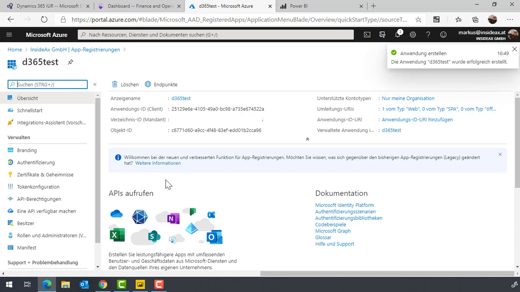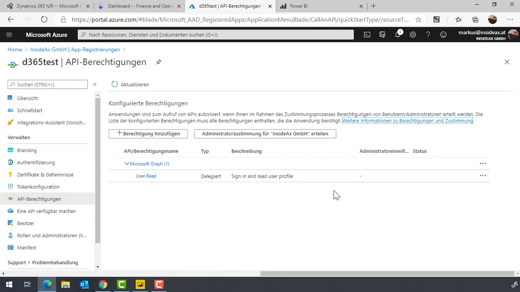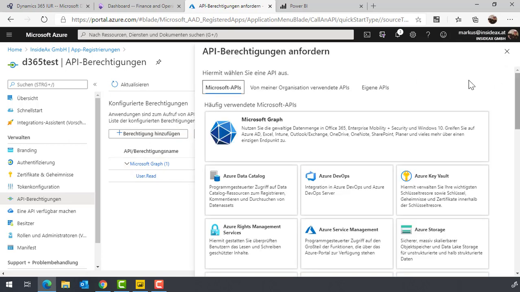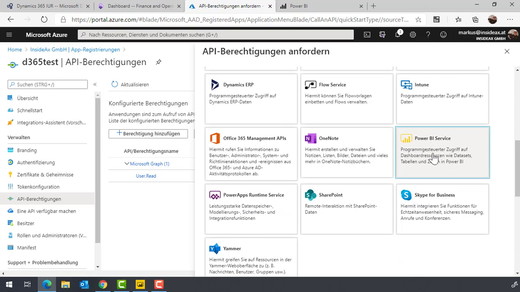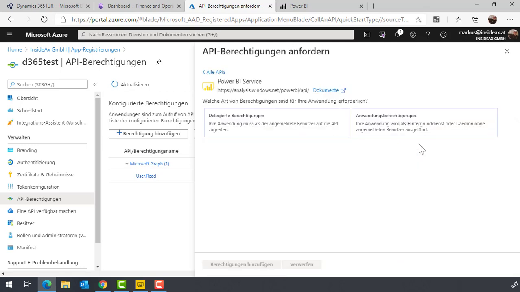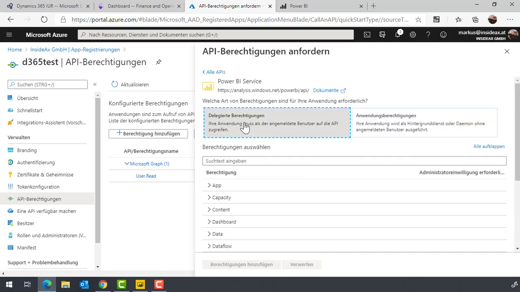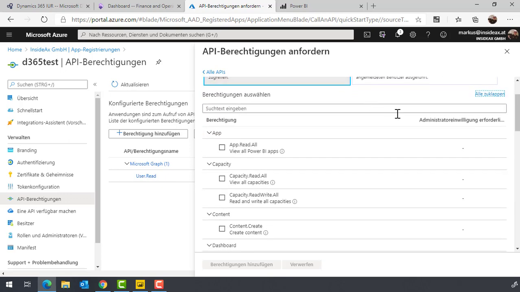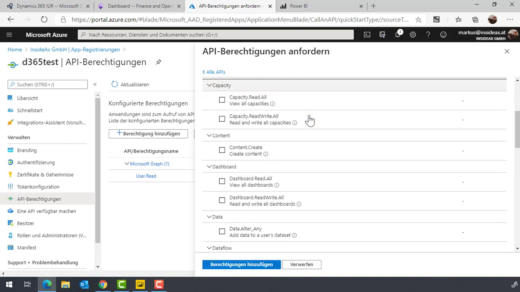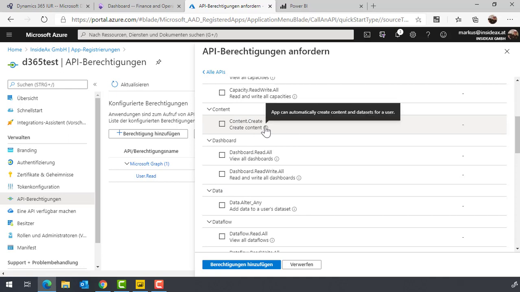Now that the registration has been done, the next step is to provide the necessary API, and we are going to add Power BI Service here. You can find it under Microsoft Apps, Power BI Service, delegated permissions, and we're going to allow read apps. We don't need capacity. Give access to content,